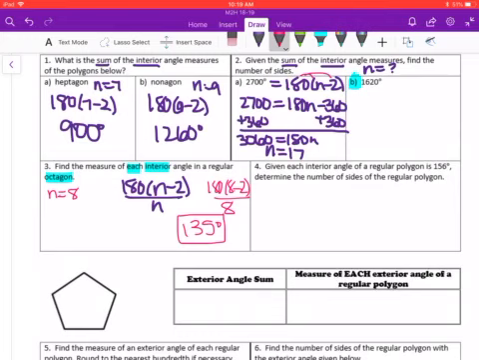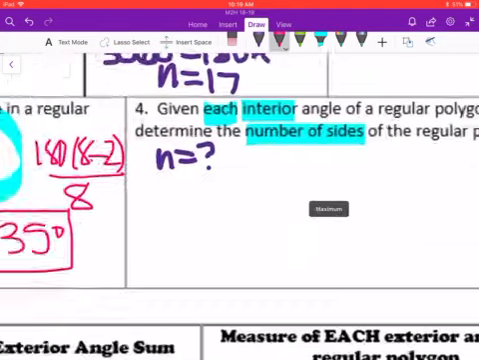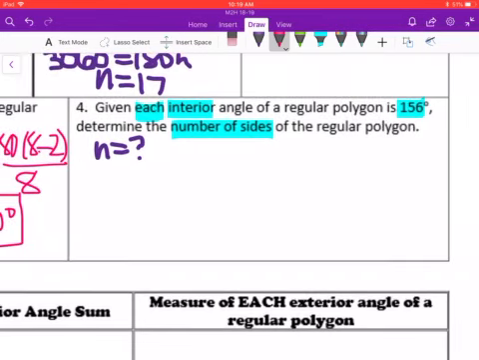Now, for number 4, we're going to have to work backwards again because it says, given each interior angle of a regular polygon is 156, you have to find the number of sides. So now, again, we don't know what n is, so we're going to have to use this equation and work backwards. So what that means is if you have your regular polygon interior angle measure is 156, that means you can set the 180 times n minus 2 over